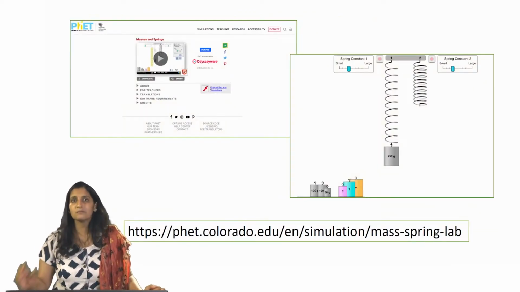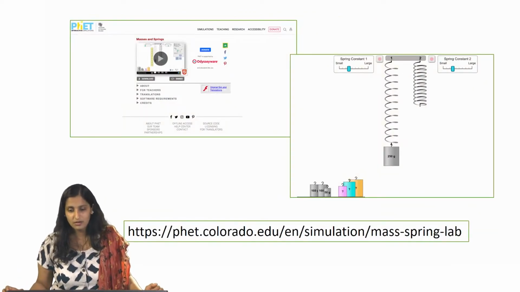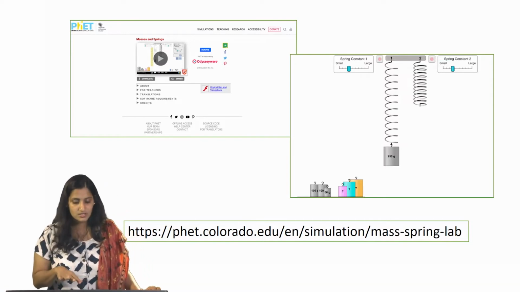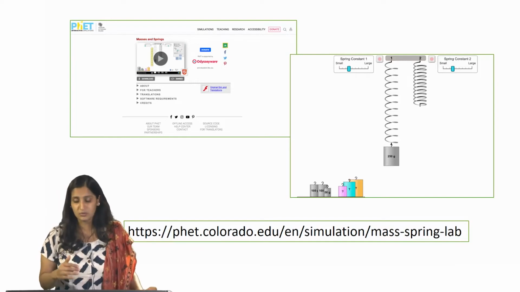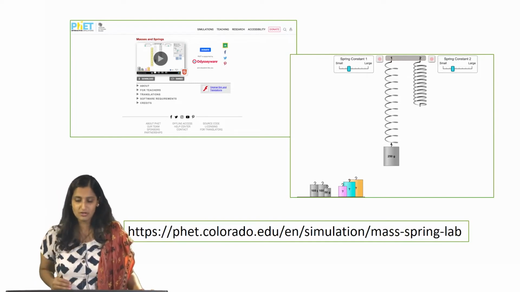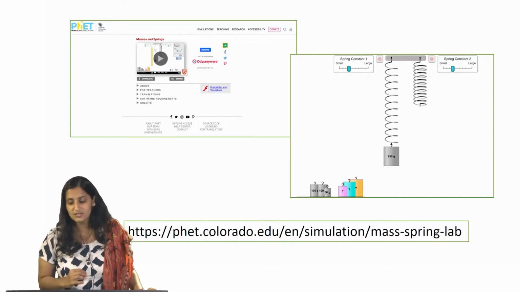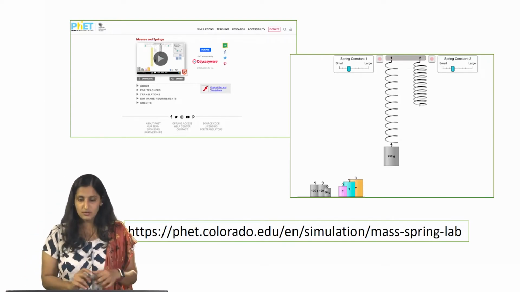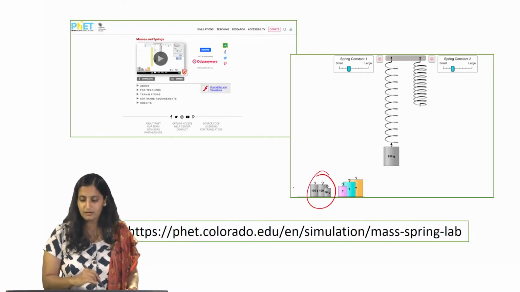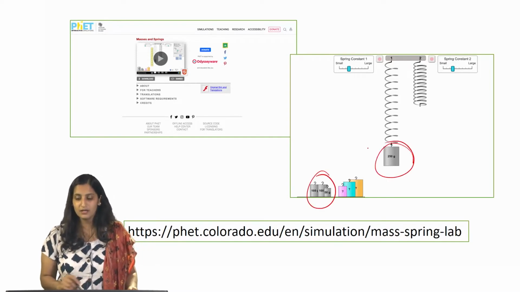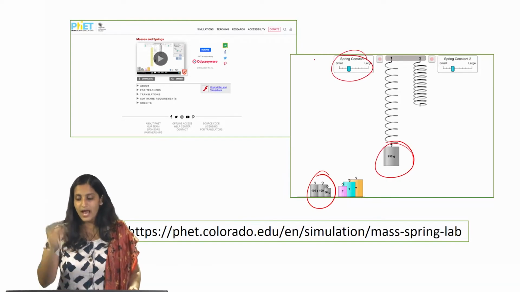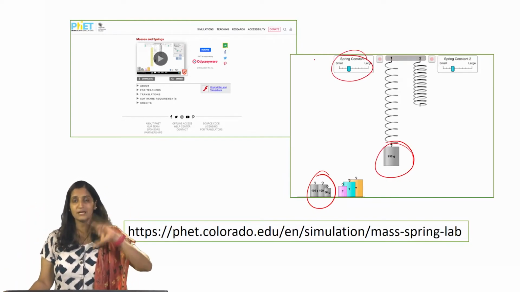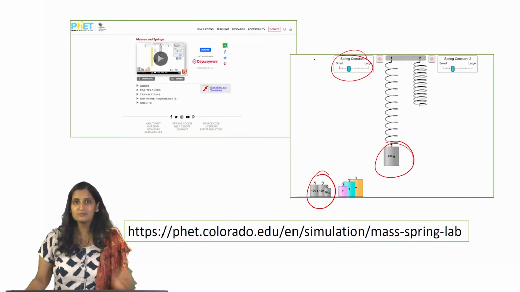So, this is something interesting for you to do. If you want to just think about springs in general, this is a very nice simulation. If you go to phet.colorado.edu, there are some really nice simulations, and try the simulation of the mass spring lab. In this particular simulation, you can actually change the kind of weights on this spring. You can change the spring constant, and then you can see how fast or how slow this particular spring is vibrating. Why am I telling you to do this? Because the